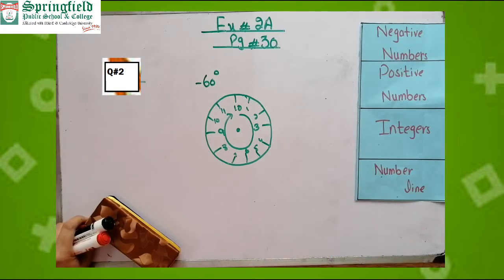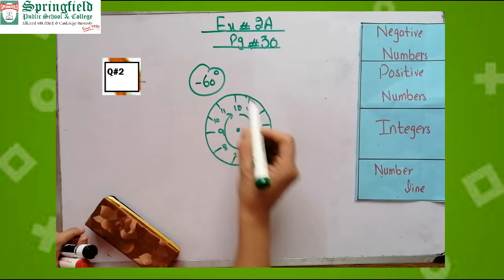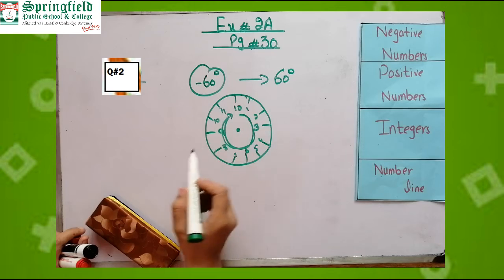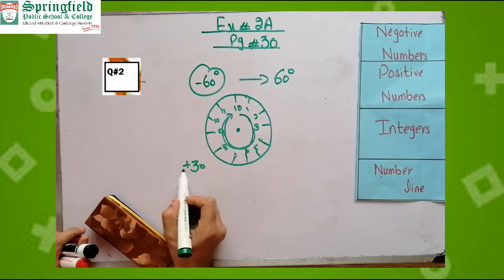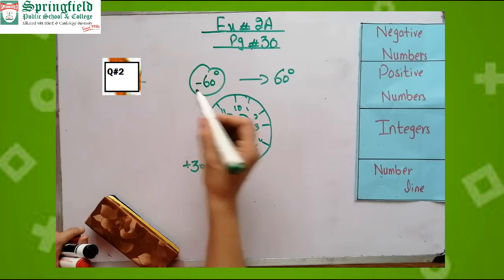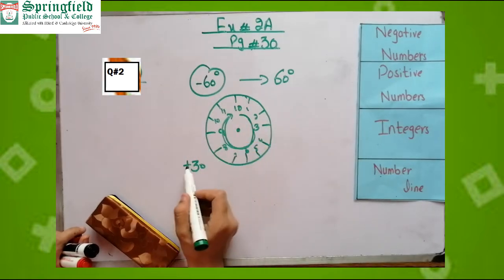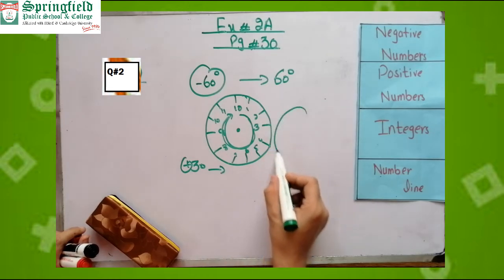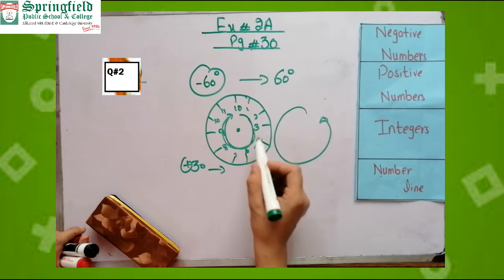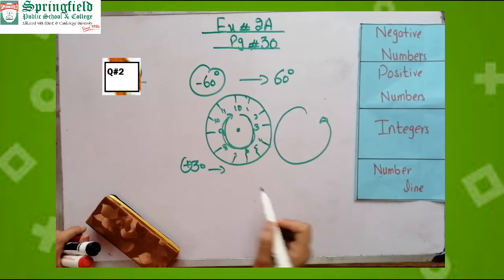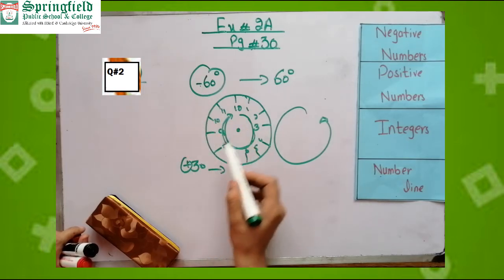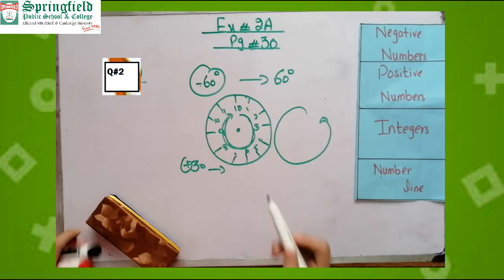Then clockwise rotation of 60 and then plus 30. When minus 60 represents a clockwise rotation of 60 degrees, then plus 30, focus on the plus and negative sign. The minus sign shows us clockwise rotation, then the plus sign shows us which type of rotation? Anti-clockwise rotation. The opposite of clockwise is anti-clockwise. So the signs are opposite, minus and plus are opposite. Minus converting to the positive means the direction will be opposite.